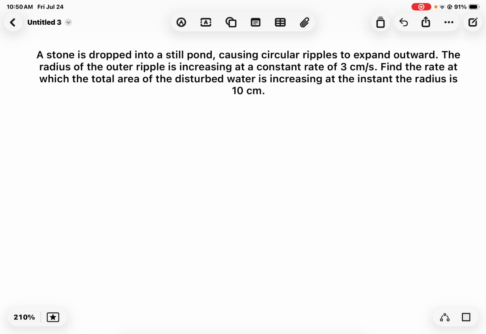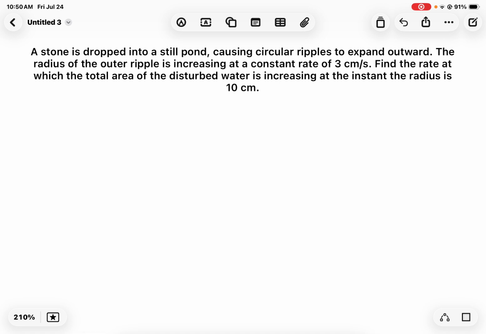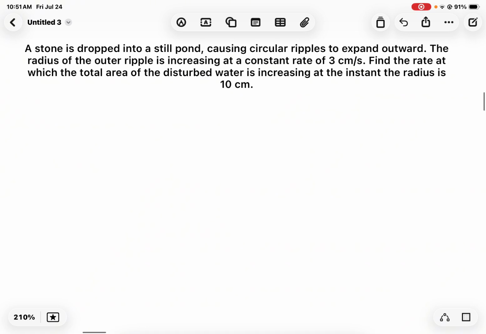A stone is dropped into a still pond, causing circular ripples to expand outward. The radius of the outer ripple is increasing at a constant rate of 3 centimeters per second. Find the rate at which the total area of the disturbed water is increasing at the instant the radius is 10 centimeters. Okay, so basically, the first step in all of these related rate types of problems is to just